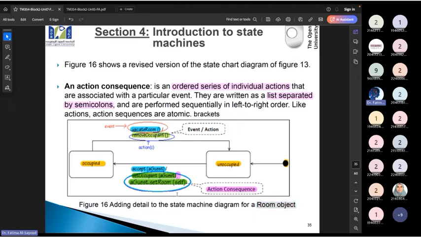Okay? So I have an event. I accept the guest and I'm going to do two actions. I'm going to change the values inside the room and inside the guest. And as a result of this, I'm going to move from one status, unoccupied, to occupied. Okay? After that, if the guest leaves a room as an event, he left the room, what action do I need